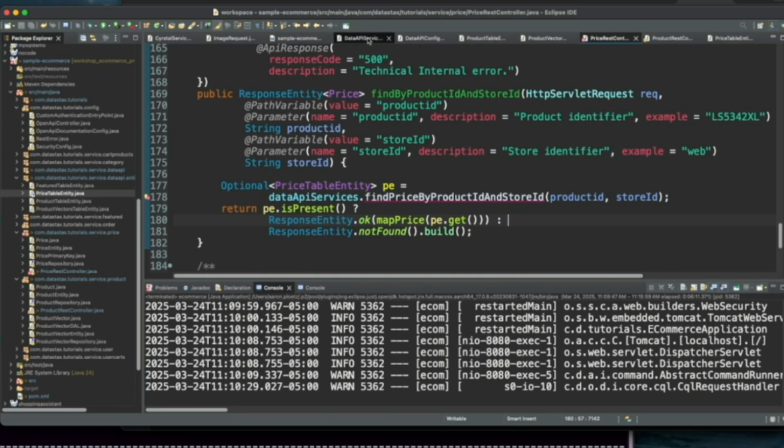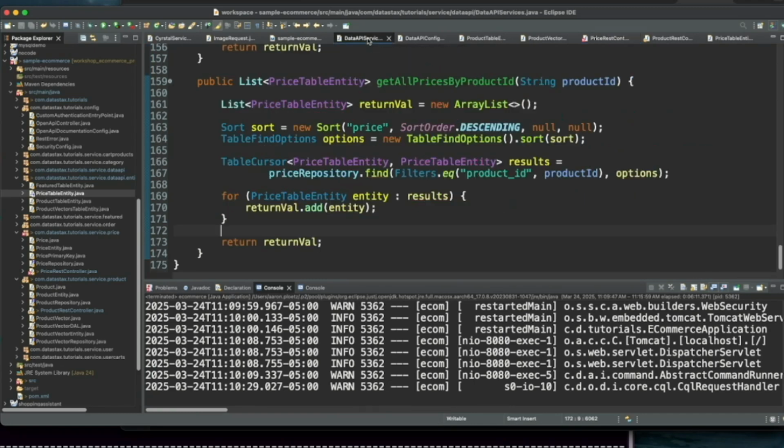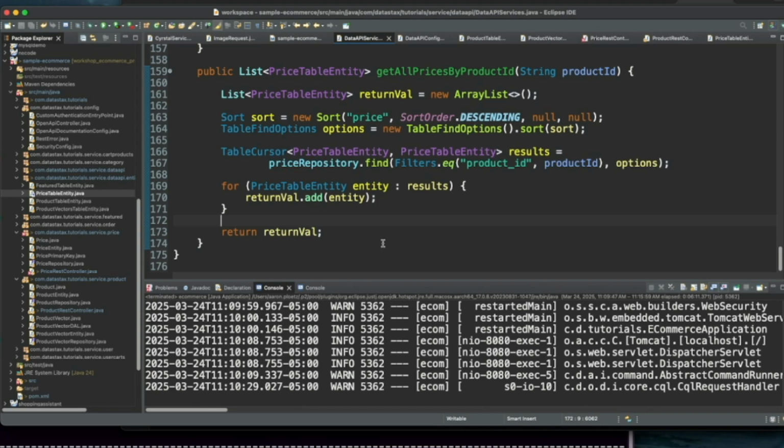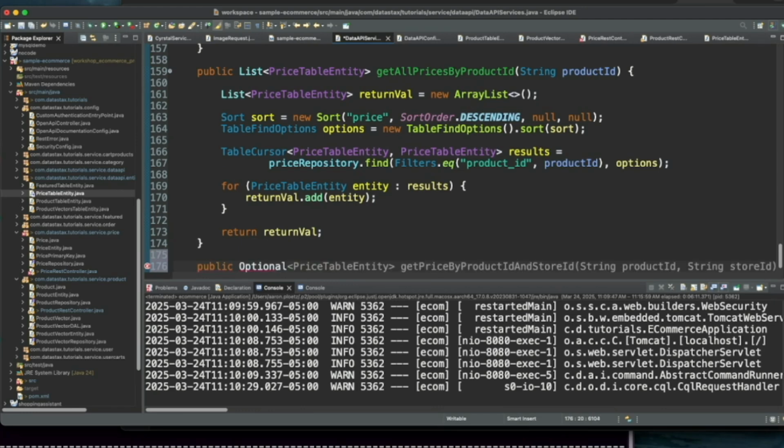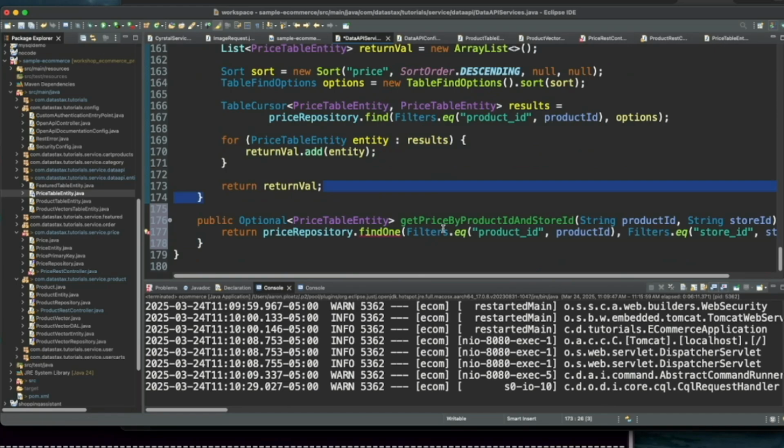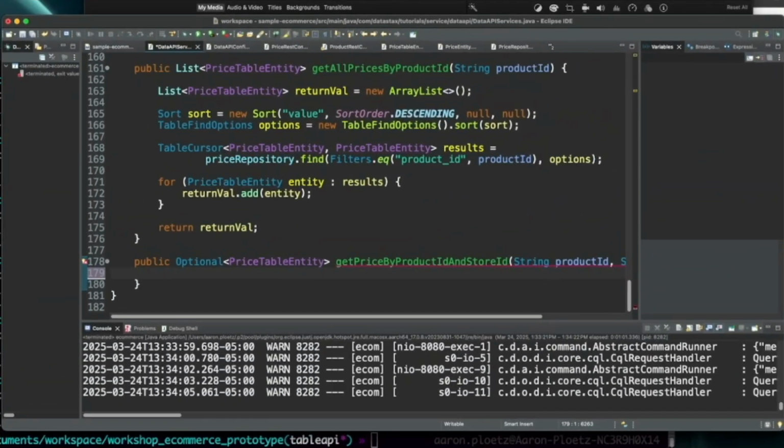So of course, let's bounce back to our data API service here. And we're going to create another one. This is going to be public optional price table entity. So if we delete that and we have our get price by product ID and store ID.